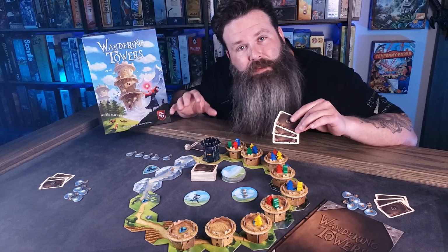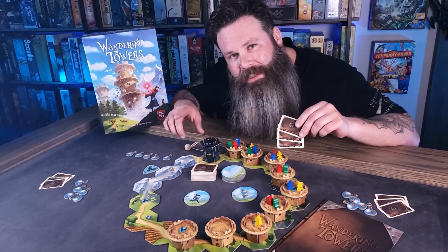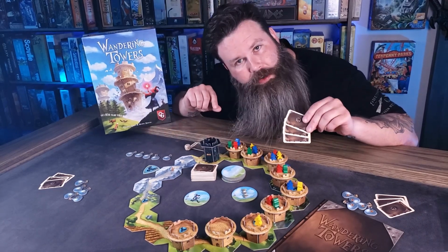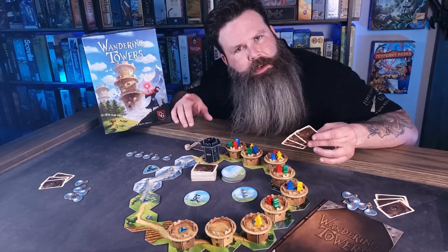Here we have the table set up for a 4-player game of Wandering Towers. Wandering Towers is a racing game for 1 to 6 wizards. The goal of the game is for players to get all of their wizards back to Ravenskeep and have all of their potions filled. Players can complete these goals in any order of their choosing, but during their turn, players will